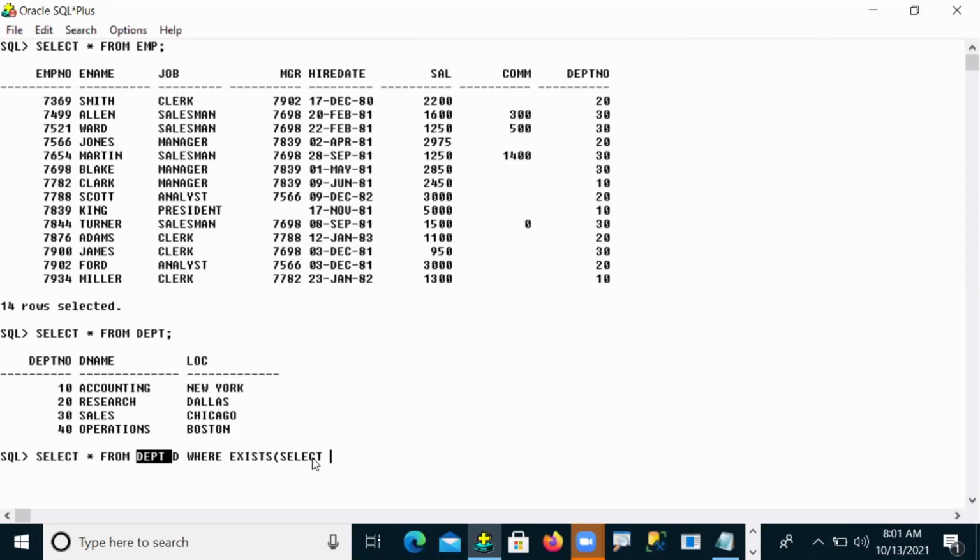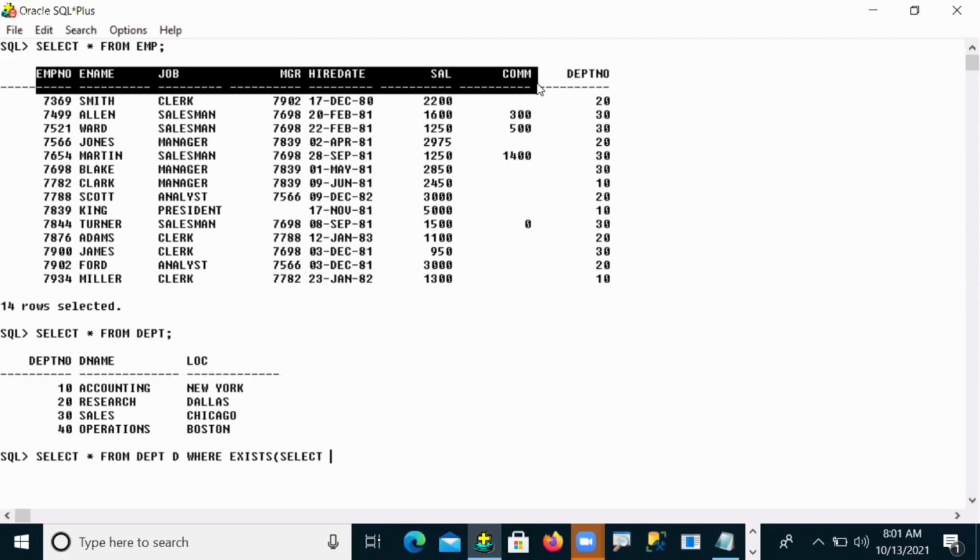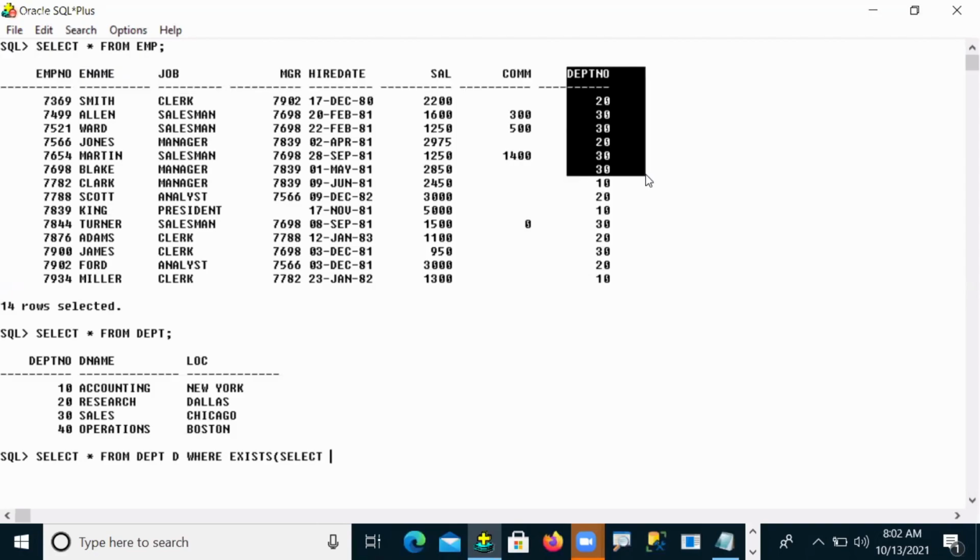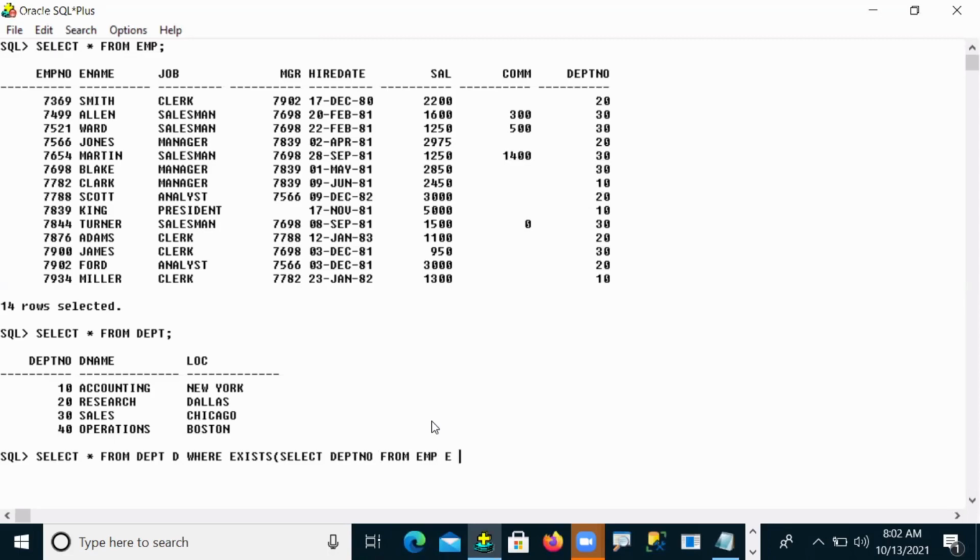The inner query is the EMP table, but I don't want to compare all these columns, I'm comparing only the department number column. So I take department number from EMP, and the internal condition is E dot DEPT number equals D dot DEPT number. So here two tables are being used in writing your subquery.